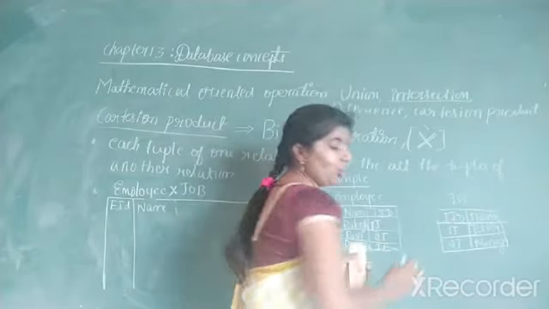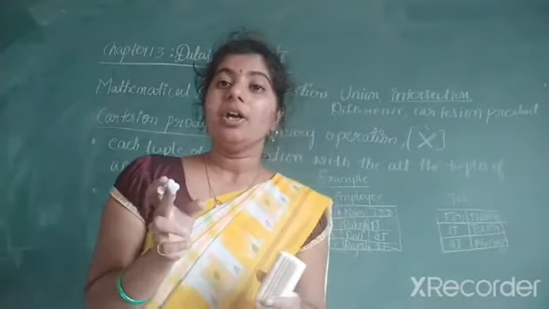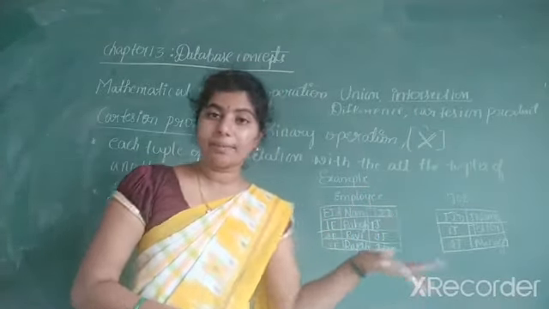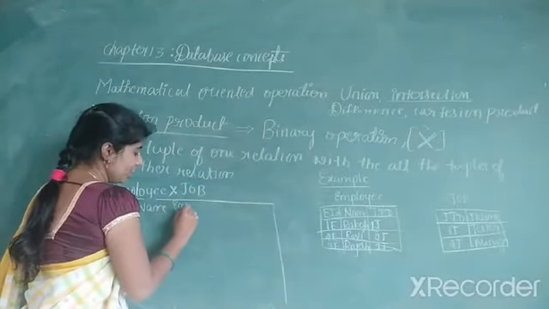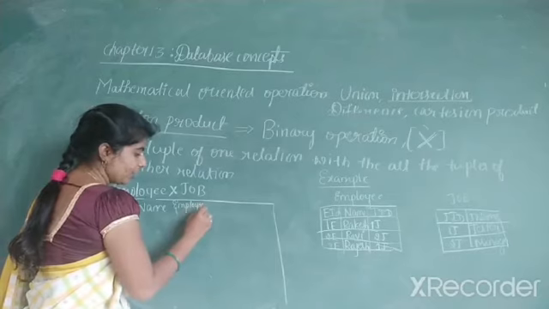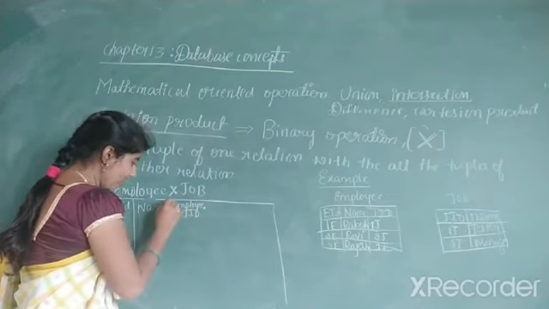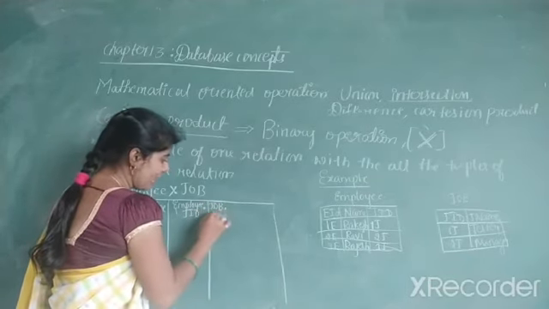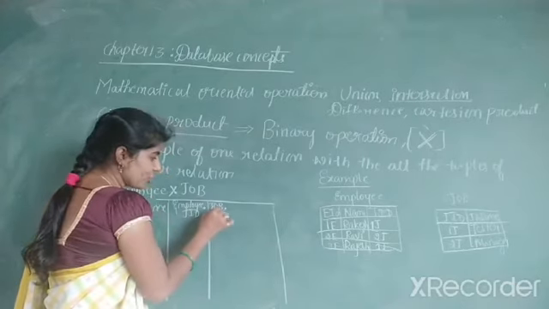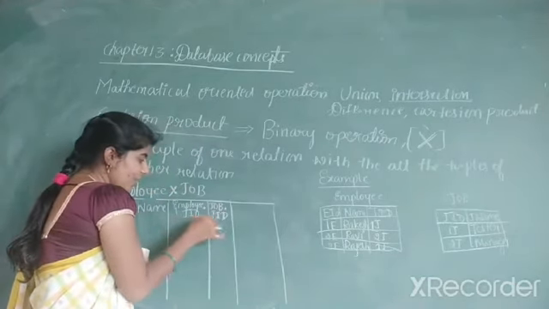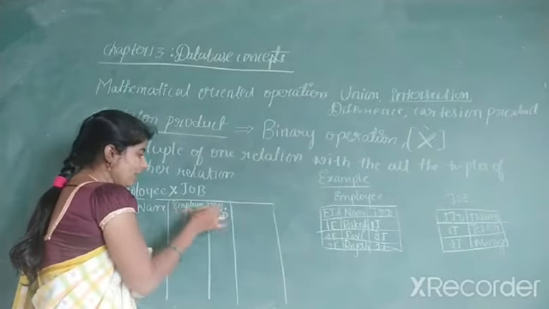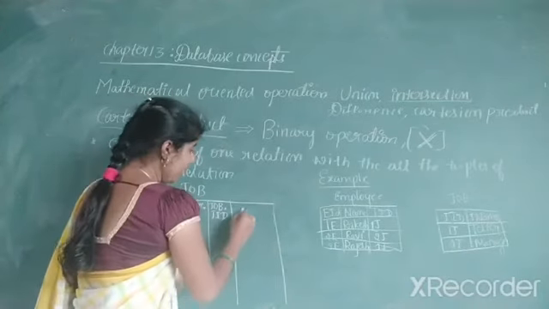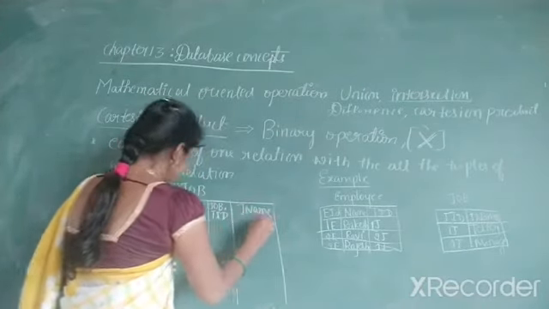both the tables. When the same attribute name is in both tables, you have to prefix them with a table name, right? Then along with the column name, we have to write the table name too. So write employee dot, using the dot operator. JID means the JID in the employee table. Then we have to write job dot JID. This JID belongs to which table? Job table. So if the attributes have the same name in the relations, then we have to prefix them with a table name. Then after that we have job name, that is called J name.